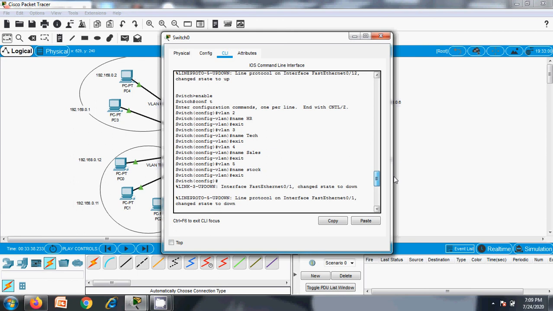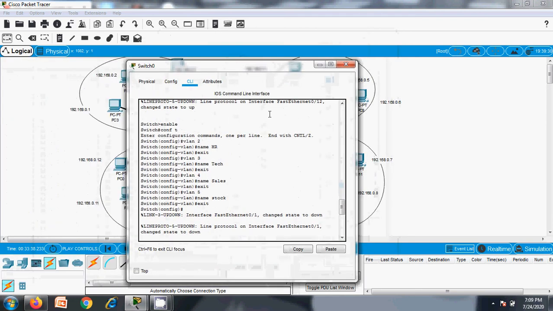VLAN 3 is tech, VLAN 4 is sales. Okay, this is nothing but sales.